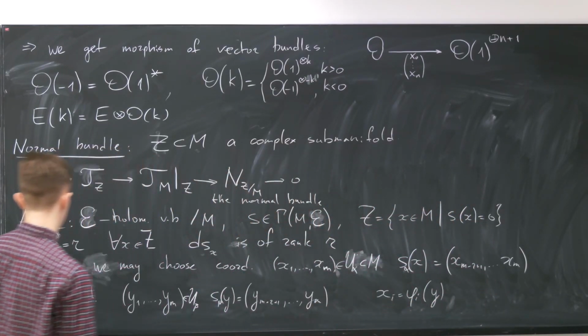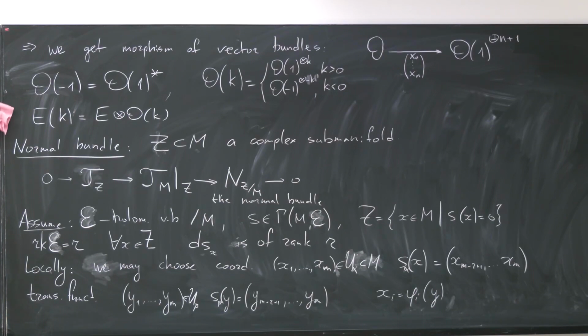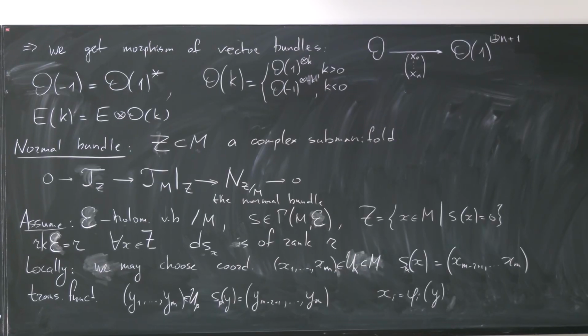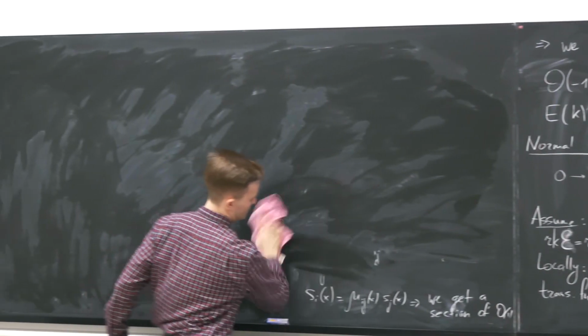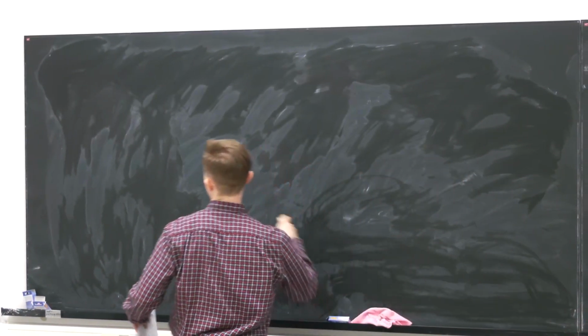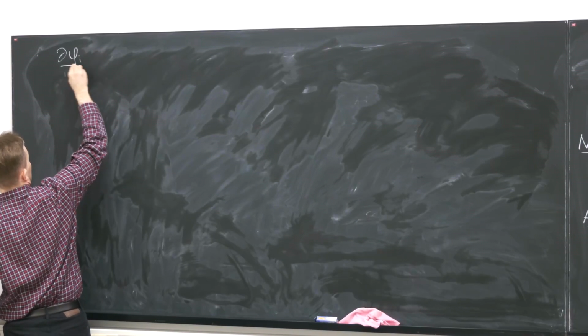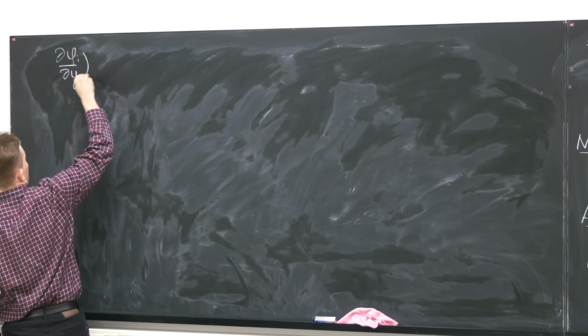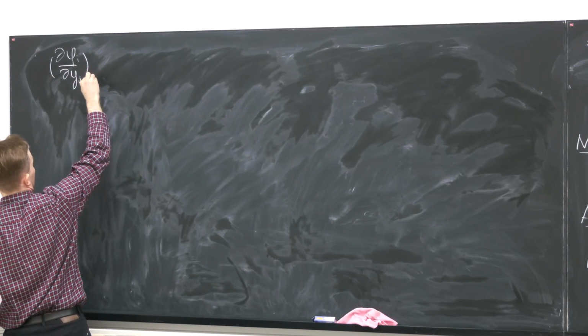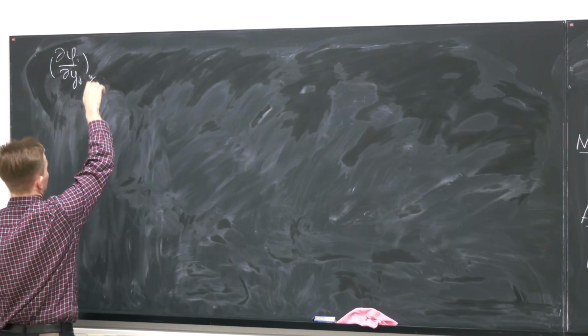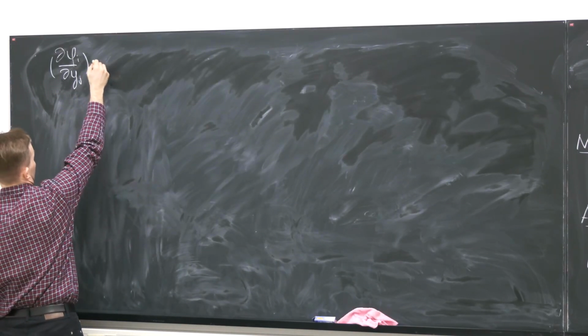Well, the point is that if I now compute the differential of this map given by the functions phi i, so if I compute this matrix of partial derivatives for this coordinate change,